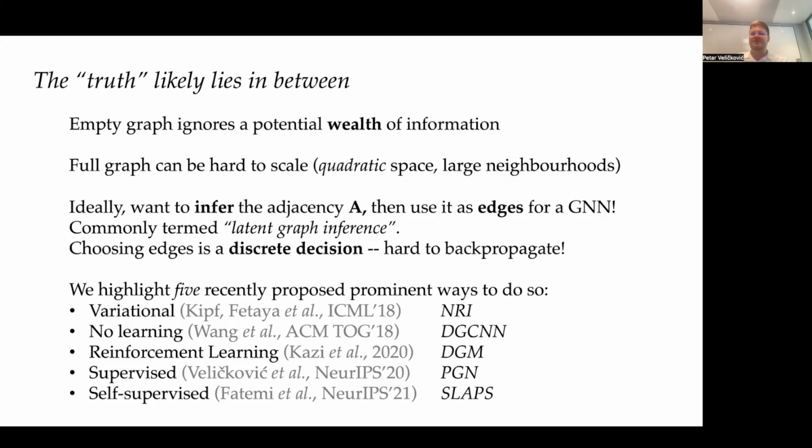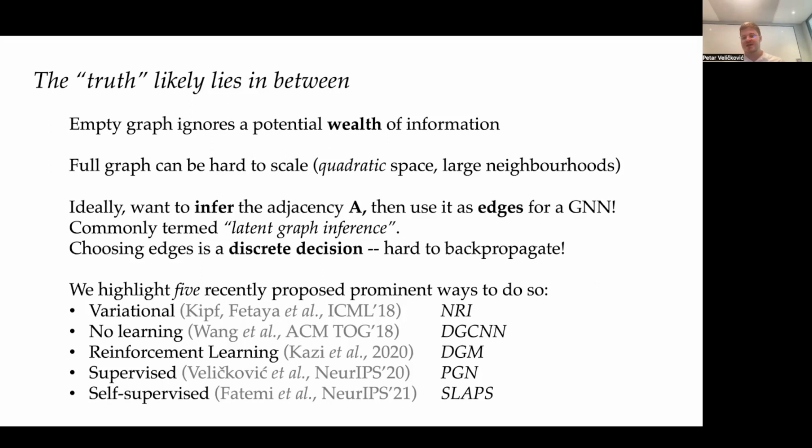And there are 5 recently proposed prominent approaches that I would highly recommend you check out if you're interested in this area. I highly recommend it. I think it's going to be one of the most important areas going forward, especially if we want to use these models for basic science, because these adjacency links can then be interpreted as the ground truth connections between our objects, right? And there are many ways, including the neural relational inference or NRI model, which uses a variational approach,